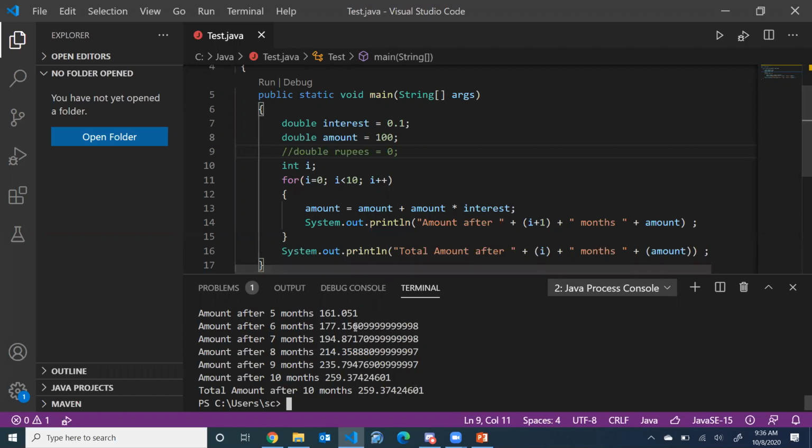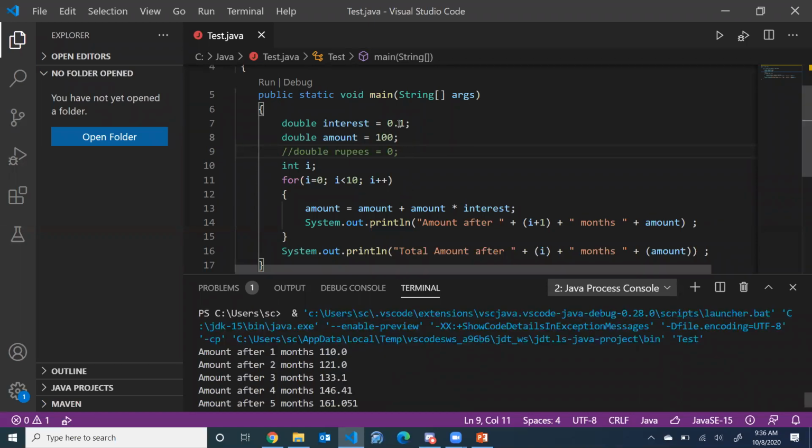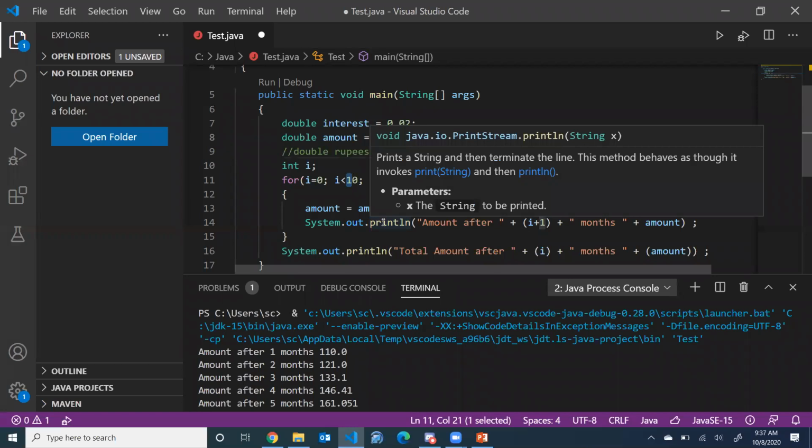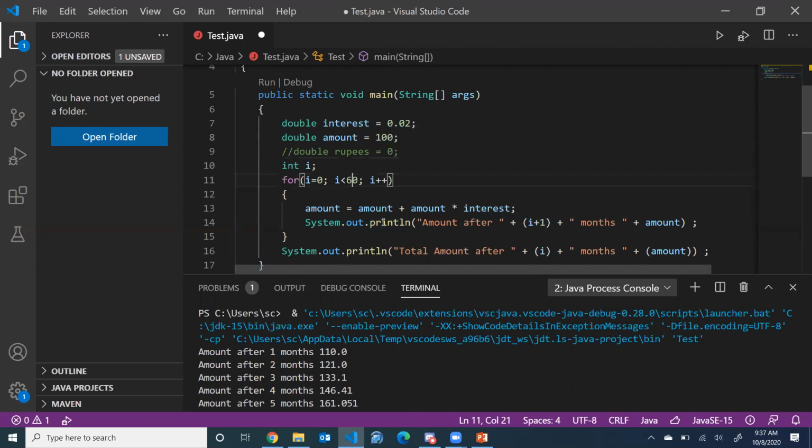ठीक है, यहाँ पे तो 10% रखा है, वो शायद ज़्यादा से कम होती थी, लेकिन अगर आप इसको 0.2 कर लें, यानी 2% आप लगा रहे हैं उसके ऊपर। ठीक है, और इसको अगर आप 6 साल कर लें, नहीं 5 साल कर लें। 5 साल का मतलब है 60 महीने। अब आप इसको रन करें।